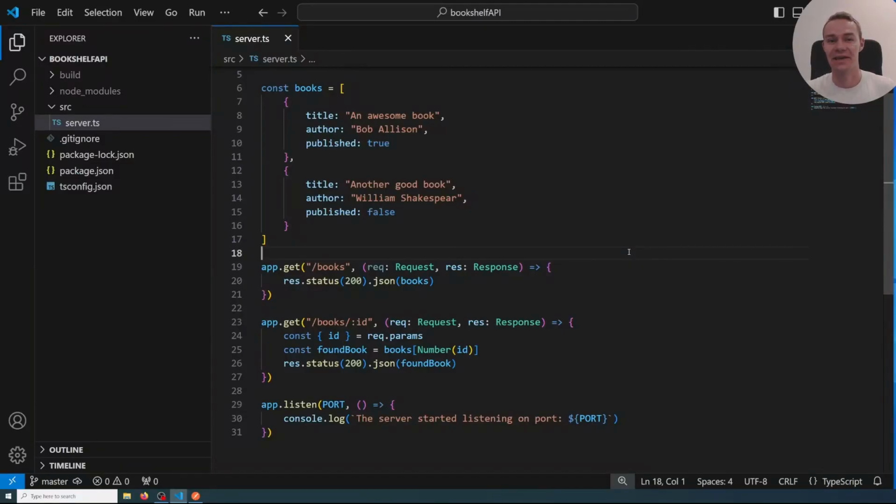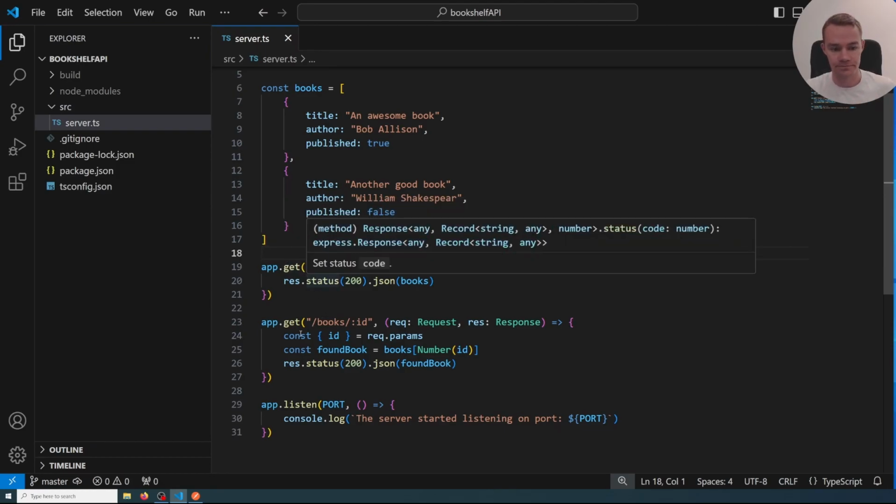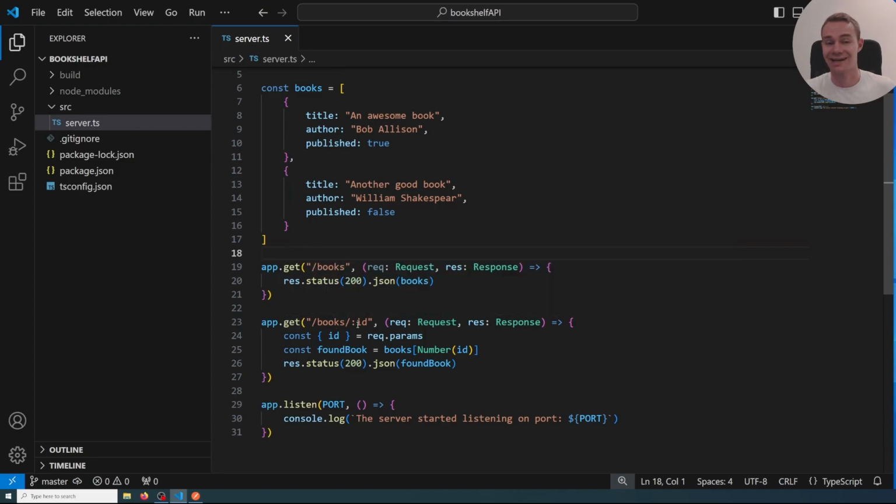Welcome to the second level of this project. And now we will look at how we can expand our API a bit more. Currently, we only have two endpoints. We have the GET request for books, which will give us all the books. And then we have the GET request with the ID that will give us a specific index in the list